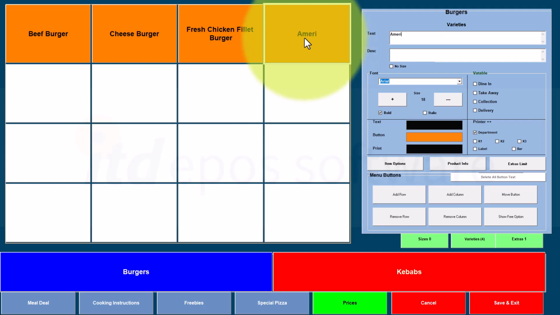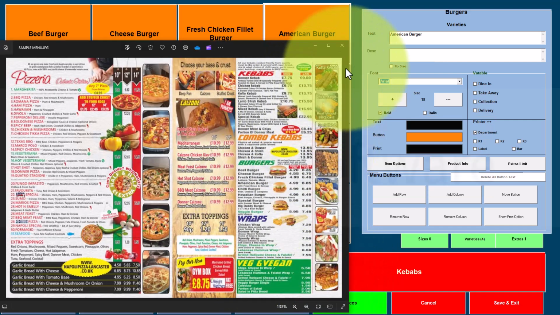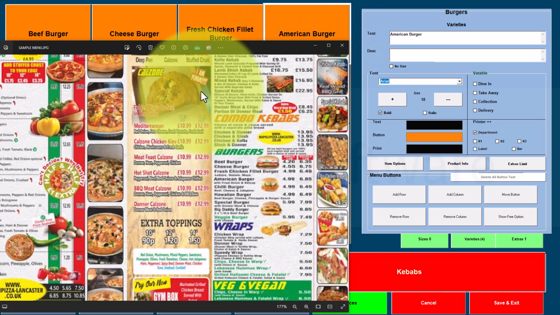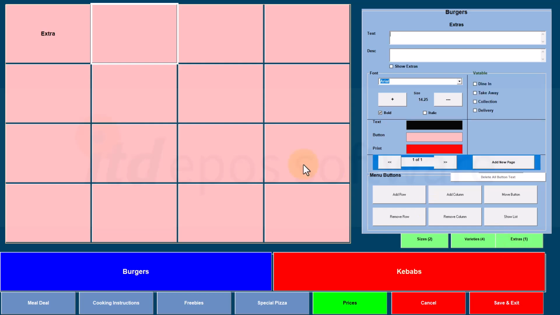we have American burger. Okay, we're not going to finish everything that's given in the menu. We have other things here, but we're not going to finish it. So after this, based on the menu, we have two sizes of the burger. We have 1/4 and we have 1/2. Okay, now we're done. We're going to go to extras, and these are the things that the customer can add on